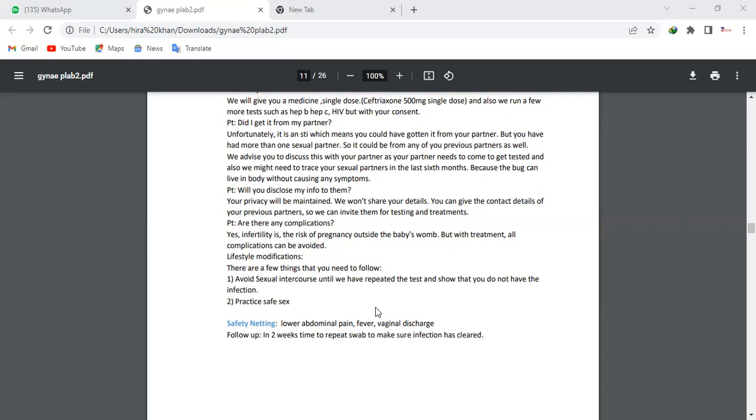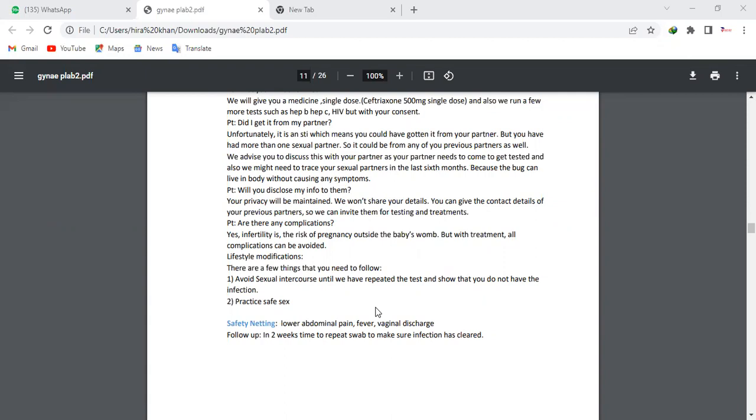Okay, thank you, Doctor. That was really good. Very good point. So the landing point is, if the patient does not agree to break the news regarding the STI to their partner, first of all, encourage them and then tell them the pros and cons. For example, you can simply say, well, I can understand, Sarah, that must be very stressful for you, and I can understand why you are reluctant to share with your partner.